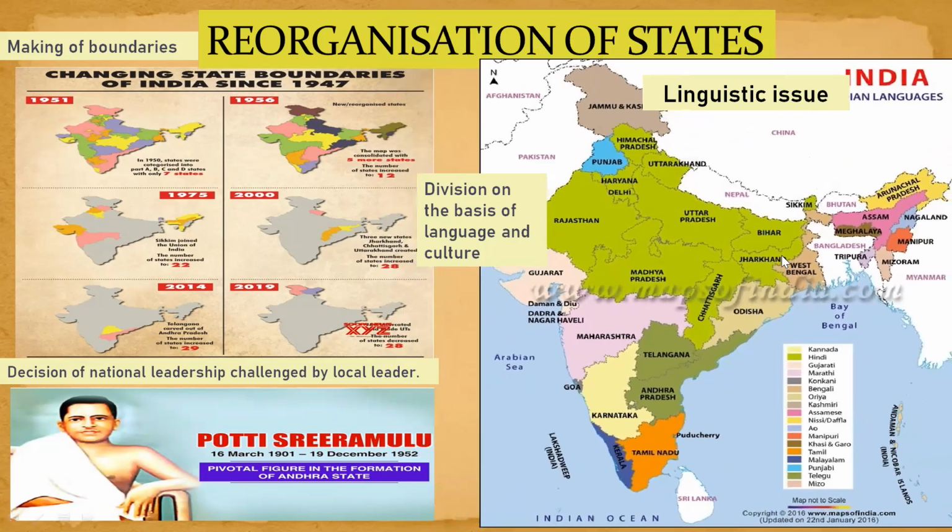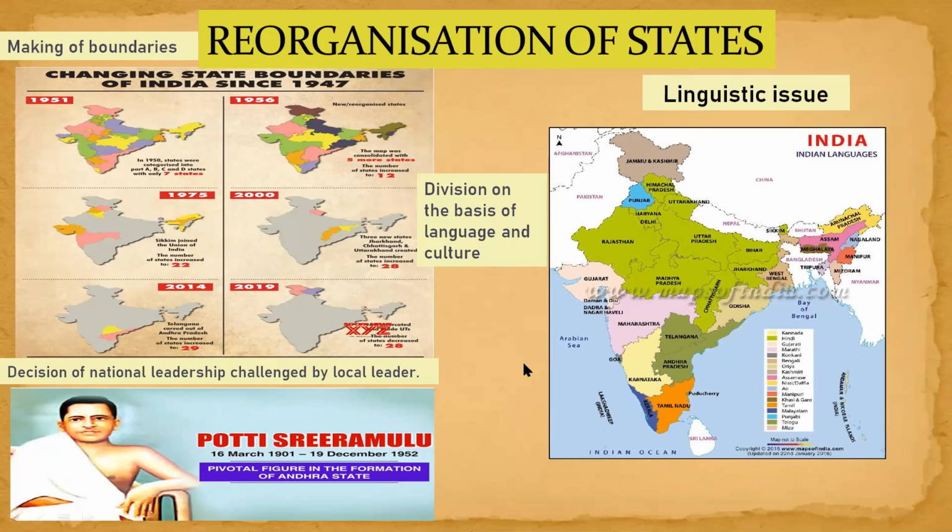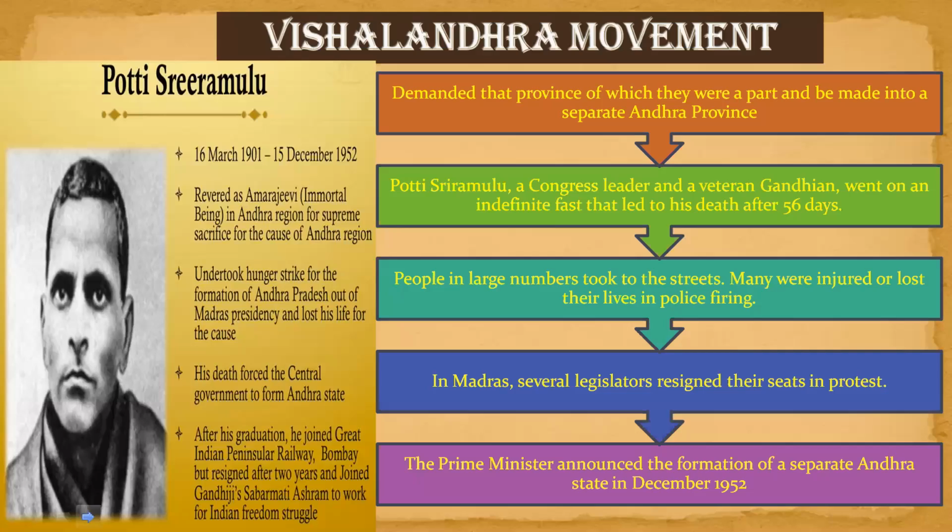So this was the basis of division of our states, and the reason why it happened was because of the Vishal Andhra movement that took place in Andhra Pradesh, started by Potti Sri Ramulu, who was a local leader. They demanded that the Andhra province should be made into a separate state. And Potti Sri Ramulu, who was a Congress leader and a veteran Gandhian, had followed Gandhiji. He sat on an indefinite fast, which ultimately led to his death in